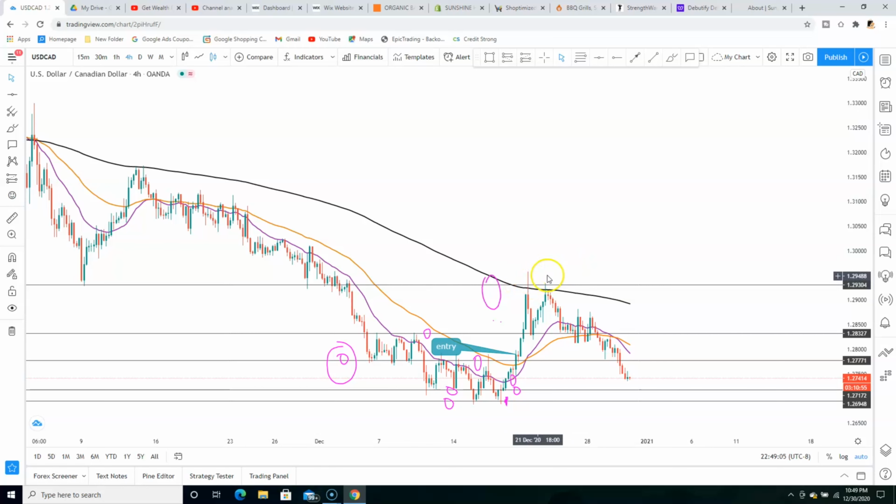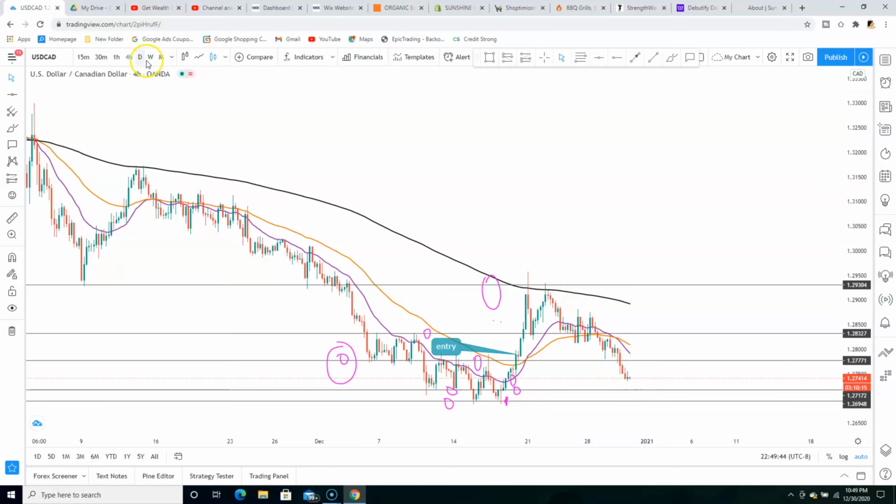Then you can get in again and use your support and resistance strategy to determine when you're going to get in. But as you can see on the 4-hour time frame, what did the price do? Price instead rejected the 200 EMA on the 4-hour time frame and started coming down. That's because you have to use your 4-hour time frame for confirmation using this strategy. And when price is below the 200 EMA, it simply means price is in a downtrend. We're in a downtrend, and as you guys can see on the 4-hour time frame, price rejected it